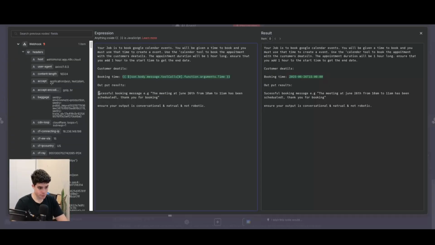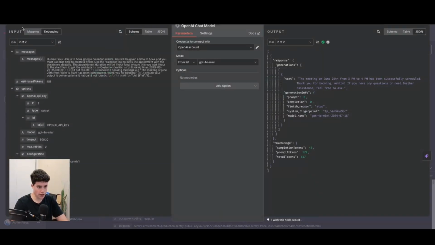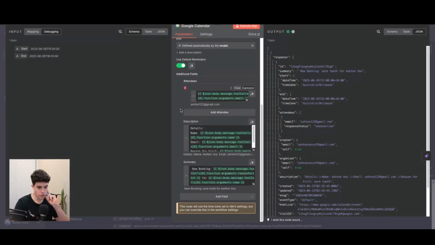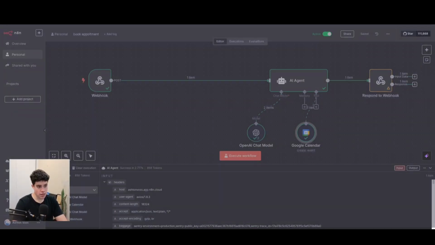Output results, successful booking, and then that is going to be the message that it says to the customer. So all I've said is the AI agent is now automatically going to know that that's the time, and then it's going to add 1 hour onto that time and then successfully create the event. So if we go ahead again using OpenAI for this model right here, creating an event, which is done perfectly right here. And then all that's really happening in here is I'm just letting the model automatically define the start time and end time. So because I've said in that prompt to add on 1 hour, it's automatically going to know that that new start time is going to be